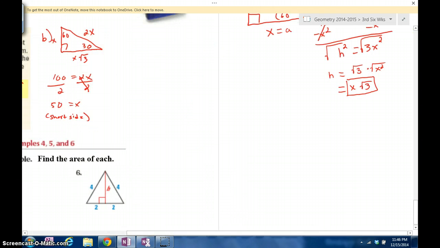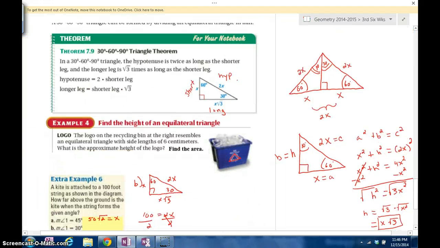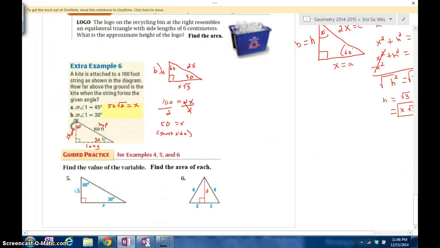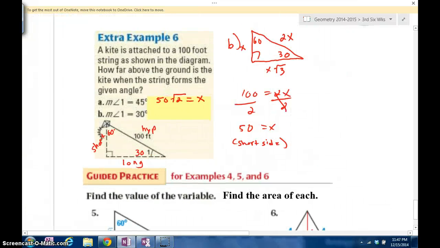So this would be 50 feet, and that'll be the height there. So real easy. Do we need to find the long side? No, because we just want